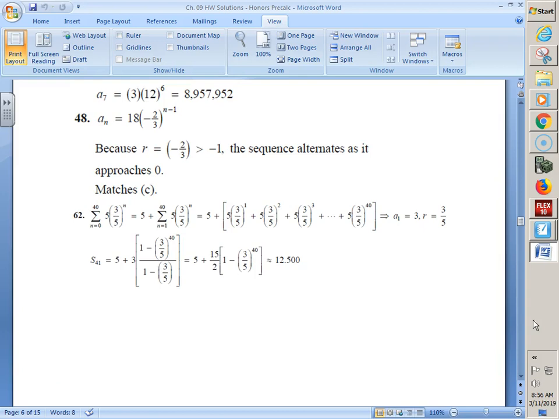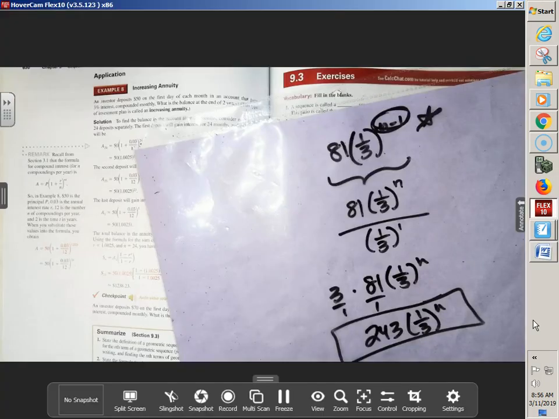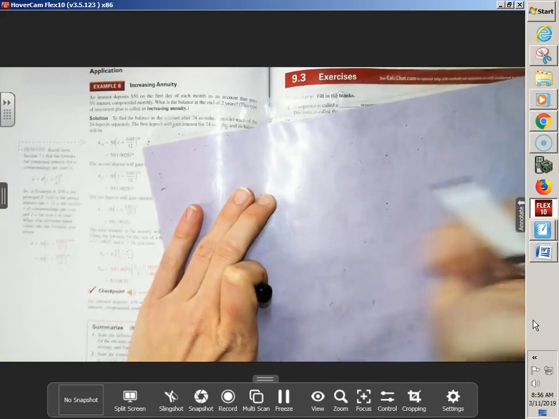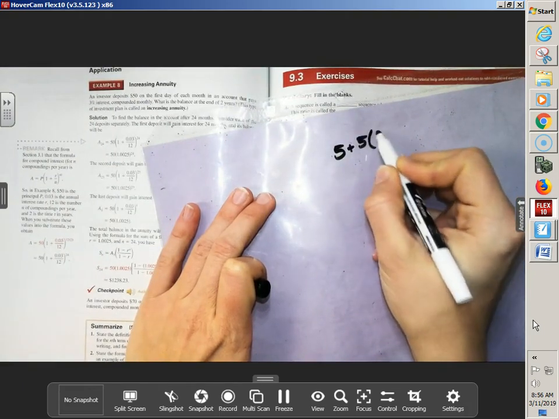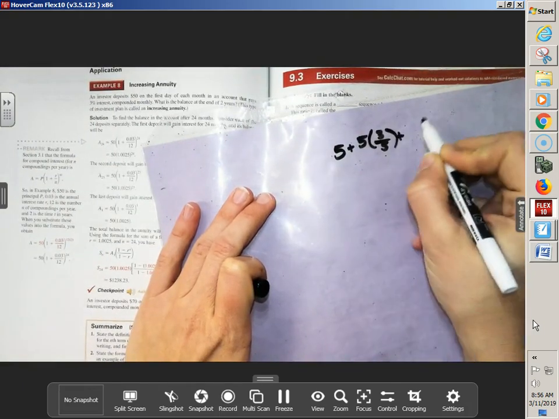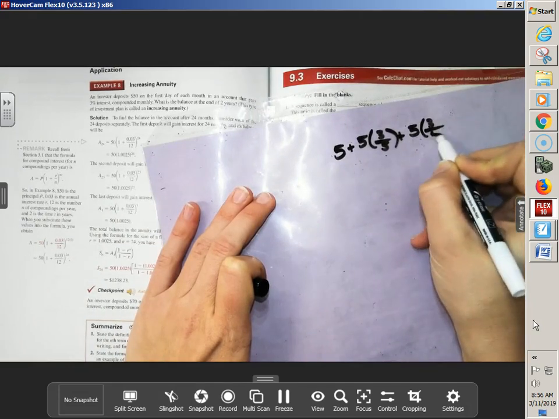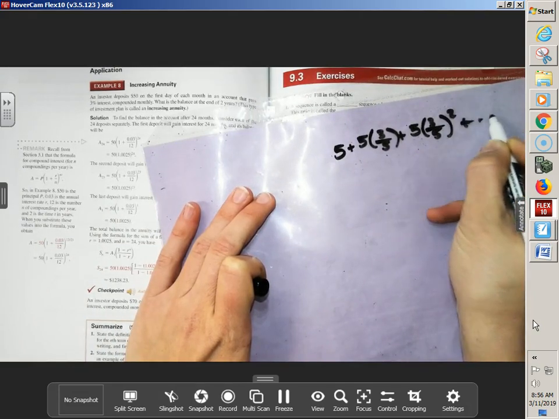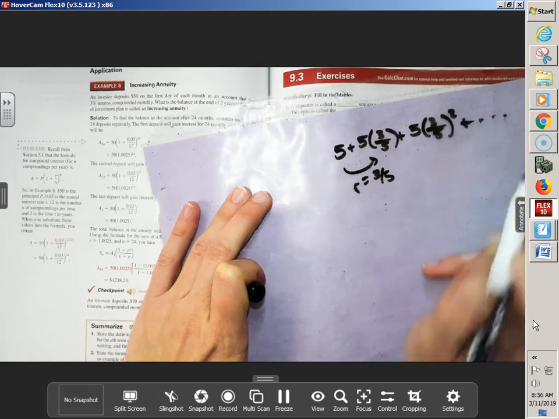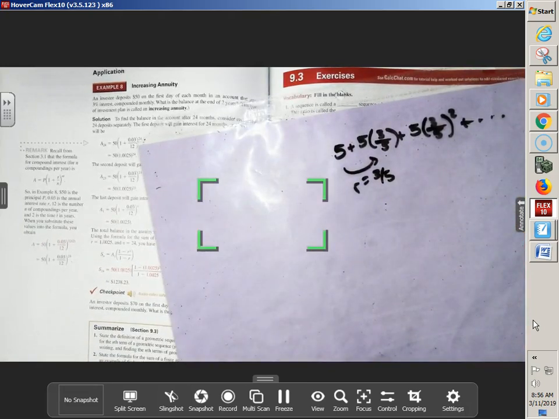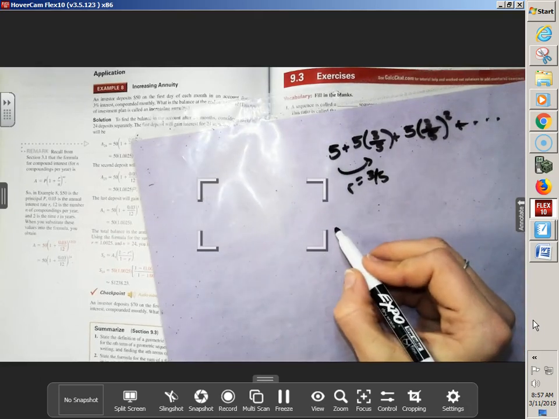The other way of doing it without doing that weird 5 plus on the outside would have just been to write out that sequence or that series of terms. Guys, even if we keep the 5 in there, isn't r 3/5 every time? Right? Isn't it times 3/5 times 3/5 times 3/5 times 3/5? Couldn't we have done S sub,